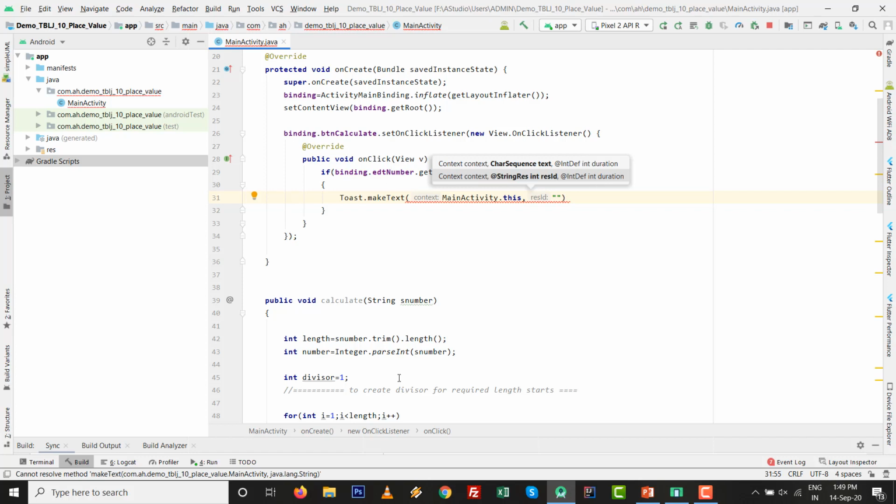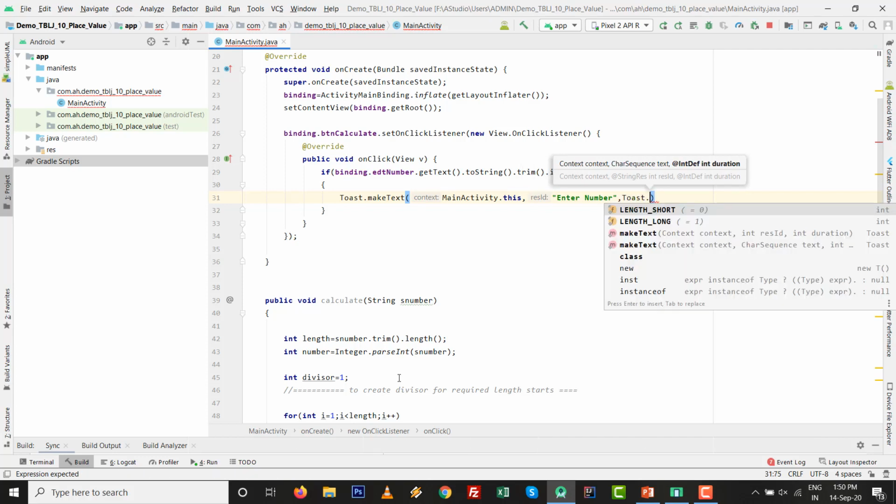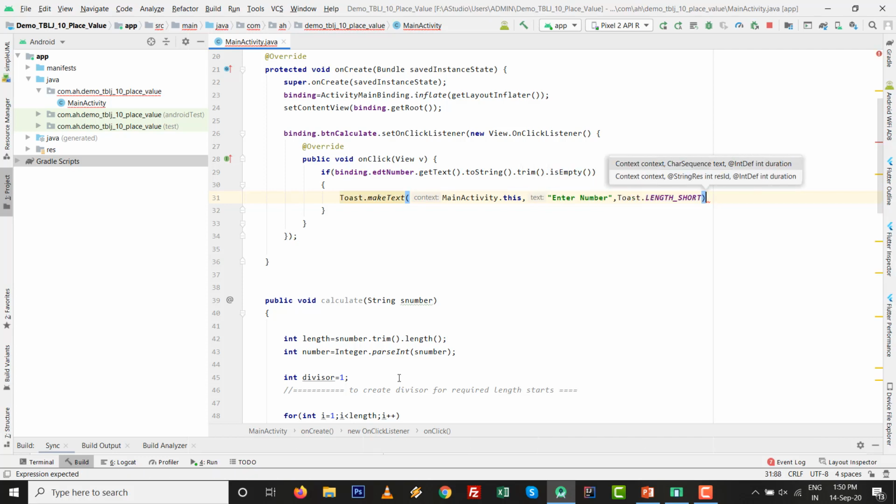Then I type enter number, comma, Toast dot length short or long, whatever you want, but always remember dot show.